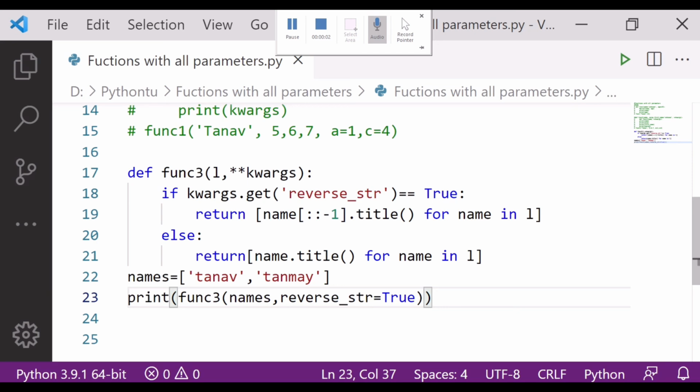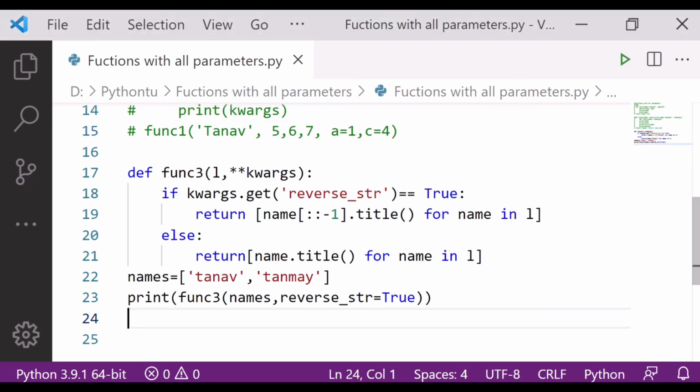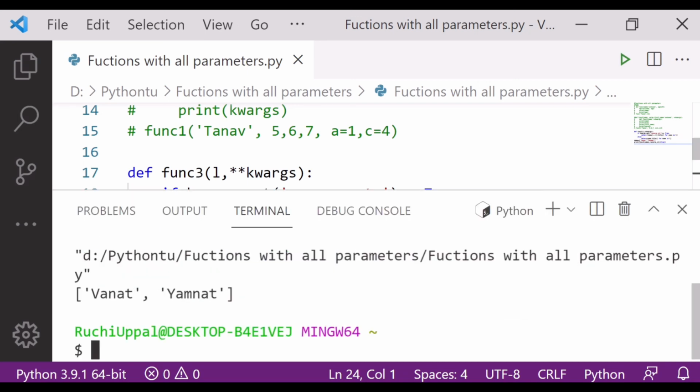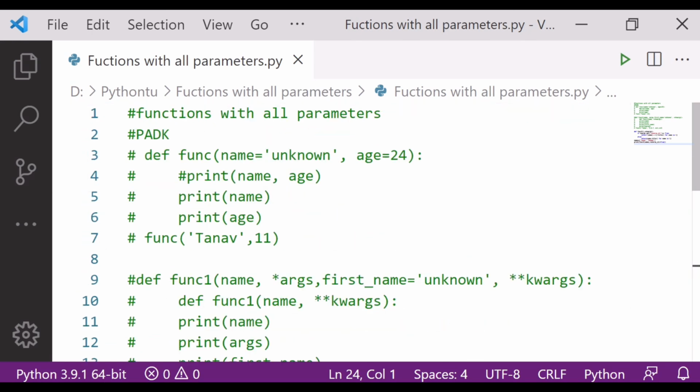So here guys, let's run and check what is to be done. Let me run this, Ctrl S, and let's see the output. You can see here it is first reversing, and after that it is making the first letter capital. So the output is as per the question. I hope the order is clear to you. Don't forget the order, that's very important over here. Find this order, PADK, this is the short form you can learn like this.